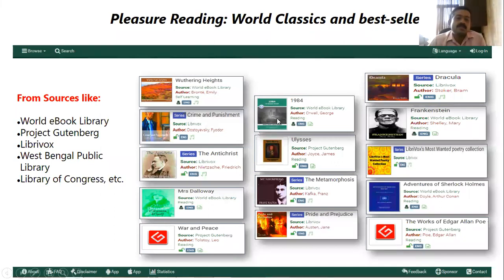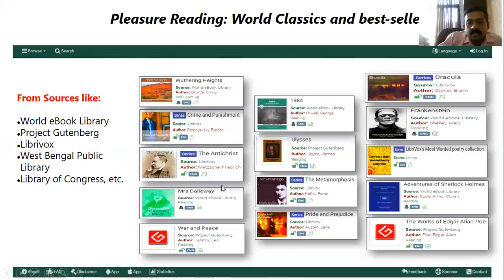Now, it's not only for the subject students, it's for all. I told you it's for all. Those who are interested in learning the best classical books, they are available from the World eBook Library. Then there is Project Gutenberg, and LibriVox is for audiobooks. From all these sources, they feed their resources to this NDL.